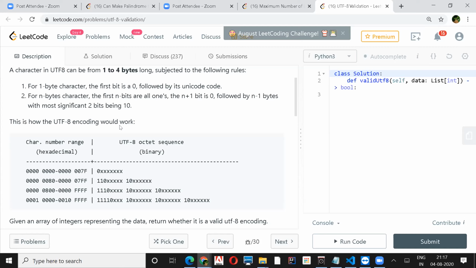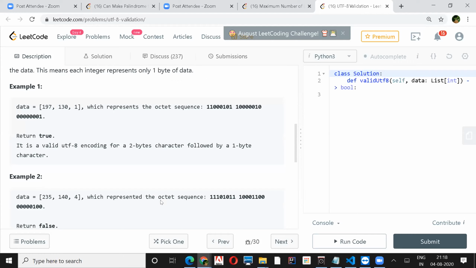That's why here it is a 3 byte character, so 3 minus 1 is 2. So the remaining 2 bytes will each have 1 0 as the prefix. If it is 4 bytes, because 4 ones are there, then 4 minus 1 is 3, so all those 3 bytes will have 1 0 as the MSB part, the first 2 bits.